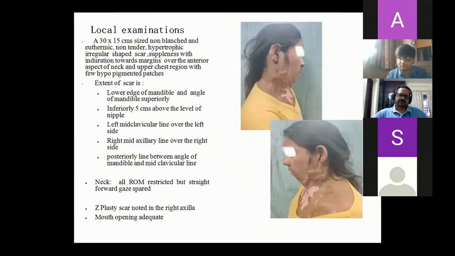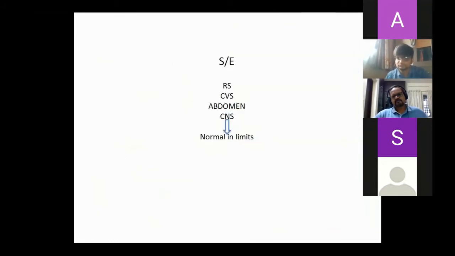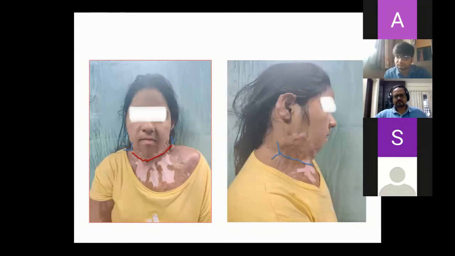There should be some points to check whether your release is correct or not. How will you check? I will check, once the patient is anesthetized, the passive extension of the neck and lateral extension on both sides, right and left. You have marked some lines. Is the scar extending to the ear? The scar is not extending to the ear, no?